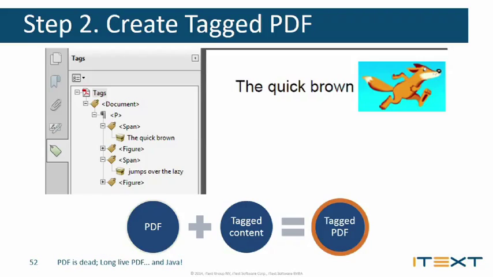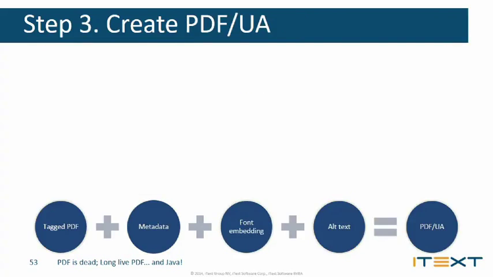Another important feature of this is that we now have a logical content order, because PDF can work with absolute coordinates. You can position anything anywhere, like we saw in the watermark example. But if you want to have your document read out loud by your software, it will need to know in which order to read this content. So now, apart from the structure information, we also have the content order in place to process this document.